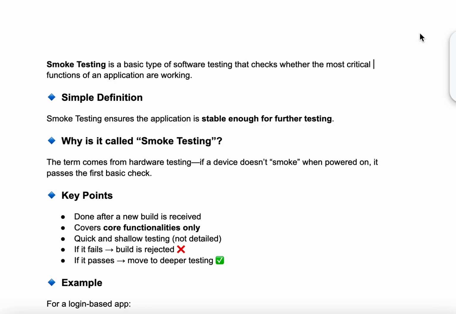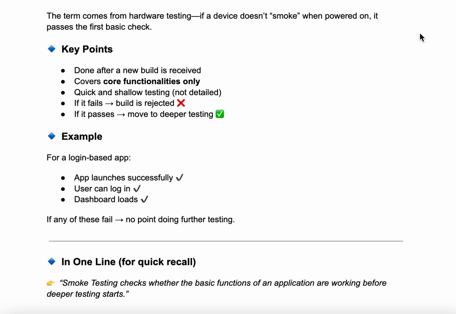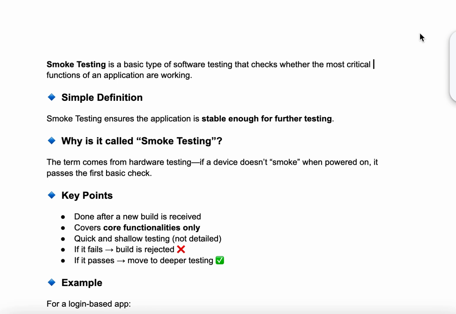In this video, we're going to learn the smoke testing topic, and we will learn its definition and when we should perform the smoke testing. And we will go through some of the examples, and we will check why we call this smoke testing. So, smoke testing is a basic type of testing in which we check whether the main functionality of the applications is working,